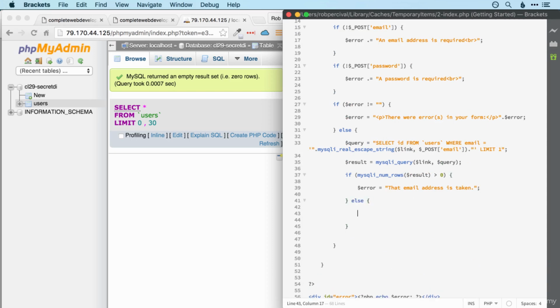And if that's not the case, we actually want to sign the user up. So let's run our query. This is going to be insert into users, and we're inserting two fields, email and password, and the values for those fields are going to be the email address, which we've already got escaped right there,